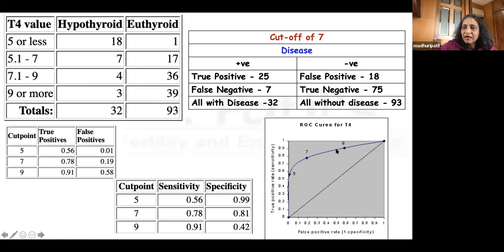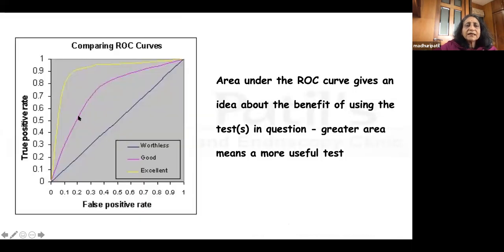So this is the ROC curve for a patient where we have tested the T4 values and we have divided them into 3 cutoff points. And we've seen which is the most sensitive one over here. And then if you want to compare 3 different tests, you can plot all the 3 different tests, and then we need to look at the area under the curve. So the one which is highest basically has got the best sensitivity and specificity.